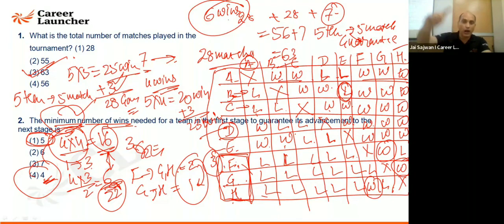With 5 wins, you have a chance of going to the next one, but because there are 5 teams, you may be eliminated because of that. So that does not give you a guarantee. Sorry, because the guarantee is a word which is mentioned here. So I'll say with 5 wins, you can reach the next stage. Minimum 5 wins you can reach there, but the guarantee will be given only with 6 wins. I believe it is clear. Sorry, please do the correction in that.